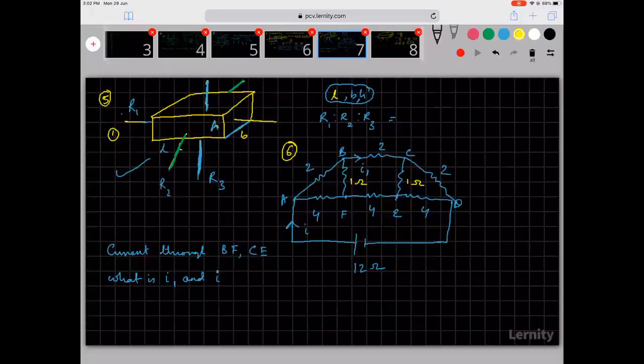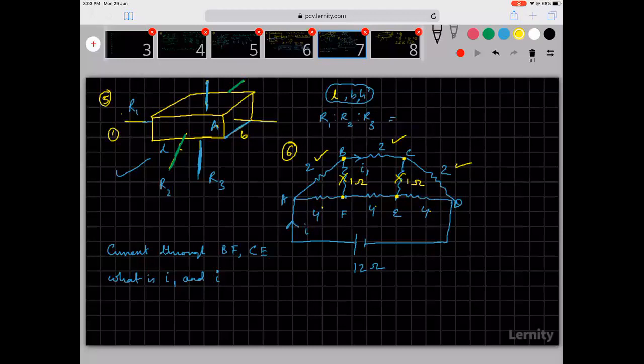Now, this is where we want to use the concept of symmetry, Wheatstone bridge, whatever we studied. Now, you see, this doesn't look like a Wheatstone bridge, but if you see, this is 2, this is 2, this is 2, this is 2, this is 4, 4, 4. So, this point and this point will be at the same potential. Even though this doesn't look like a Wheatstone bridge, the concept of a Wheatstone bridge can still be applied, and you can infer by symmetry that there won't be any current here, any current here. So those wires can simply be removed.